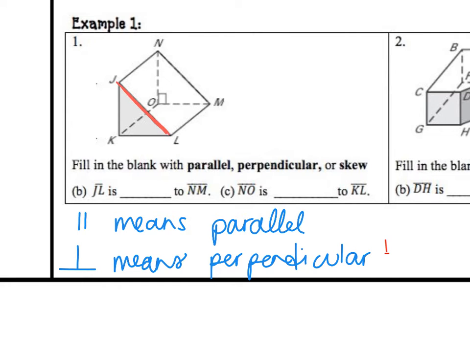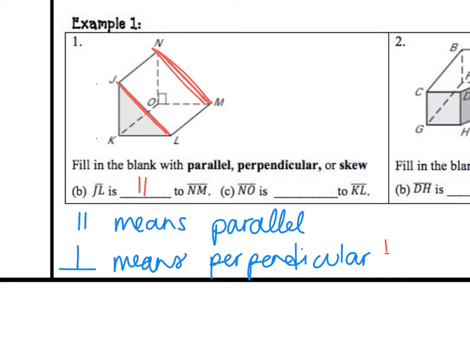JL is this one. JL is something to NM. How is JL related to NM? What do you guys think? They are parallel because, why are they parallel? Can someone look back at your definition, explain to me why are they parallel? Right, they don't intersect, and they're on that same plane, which is that flat surface of the shape here, that top